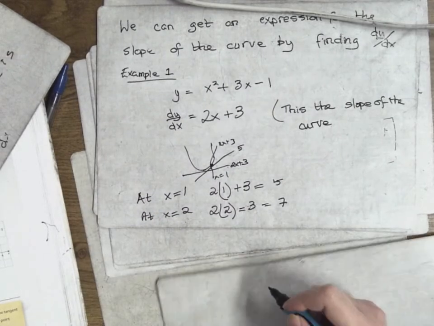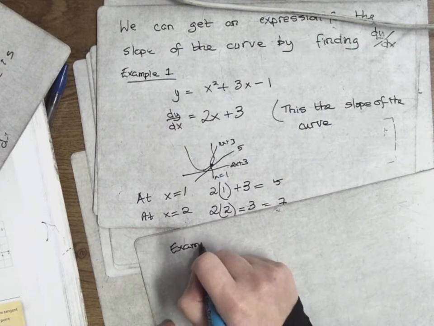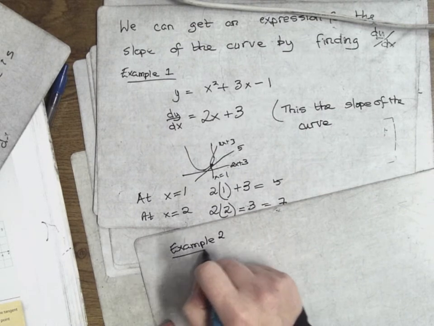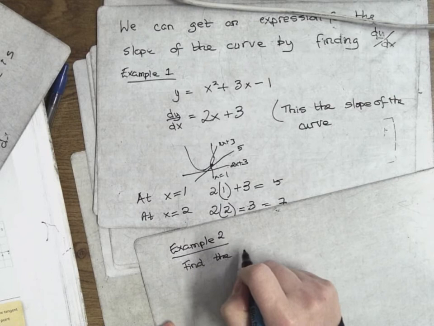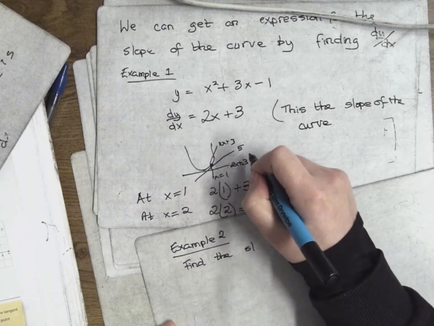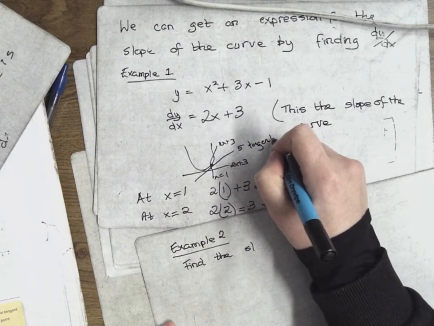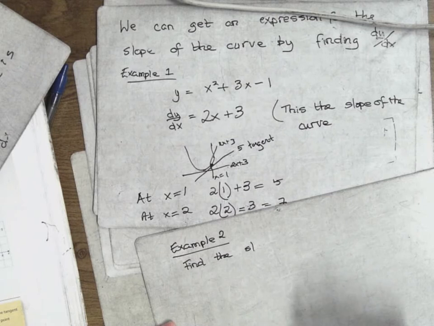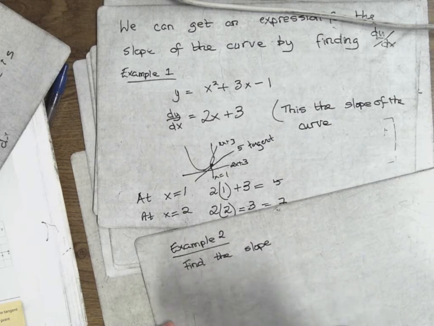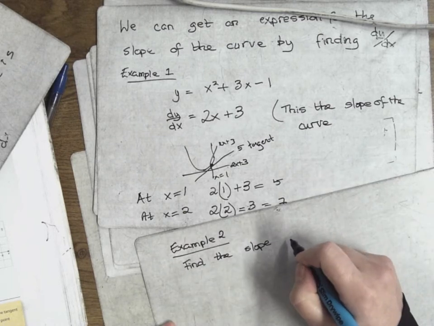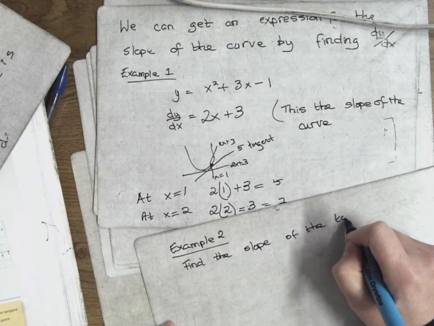And I'll do example 2. So find the slope of the curve. Sorry, I forgot to tell you that these lines here, they're called tangents. A tangent is a straight line that touches the curve at one point only. So we're not actually getting the slope of the curve, we're getting the slope of the tangent, which is the straight line that you draw at that point. Find the slope of the tangent